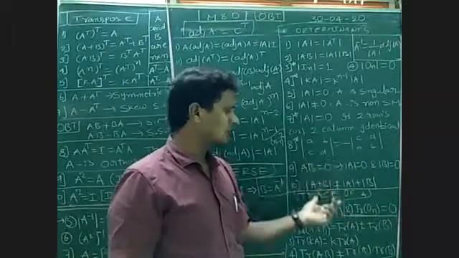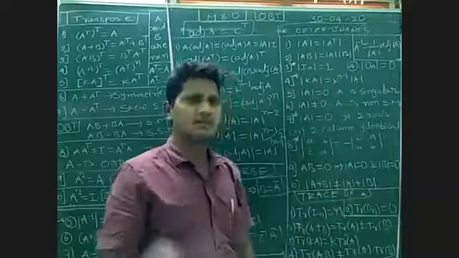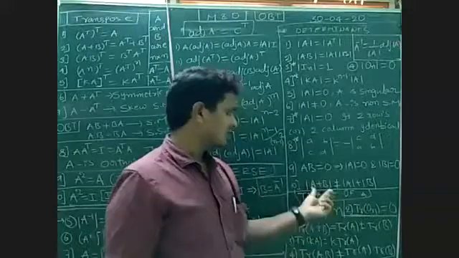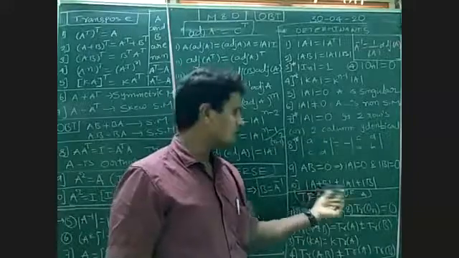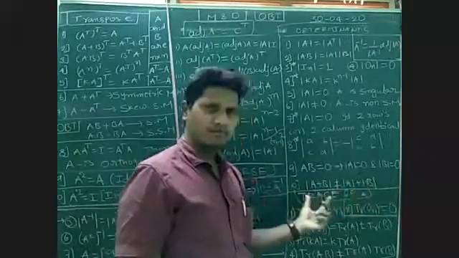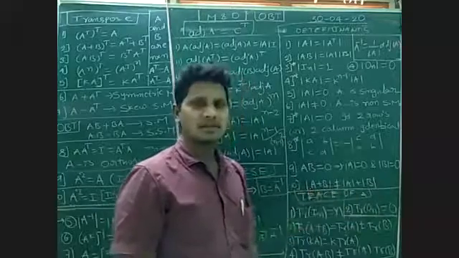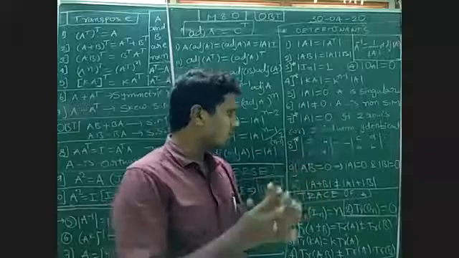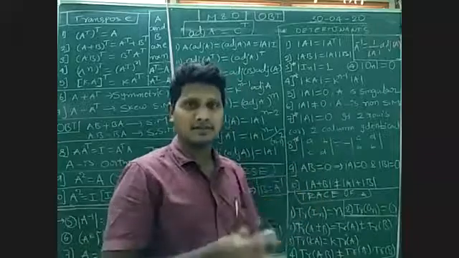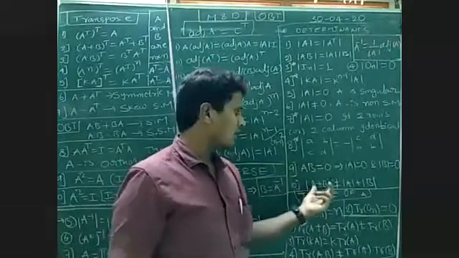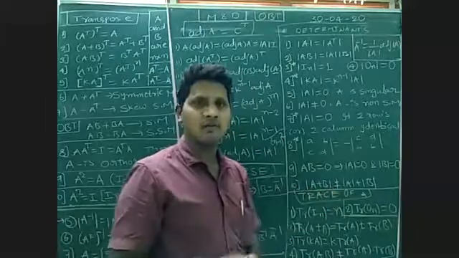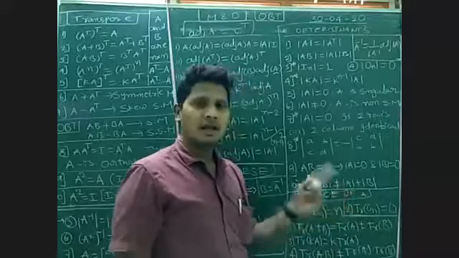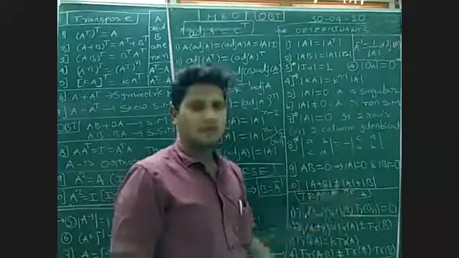So how to check all these properties? You can take some example yourself. You can take A, B as any 2 by 2 matrices. Just find the sum of values and find the determinant separately. Check LHS, RHS. Whenever we write a property, it should be satisfied for all cases, not only for one or two cases. If it fails in at least one case, we cannot write this property.